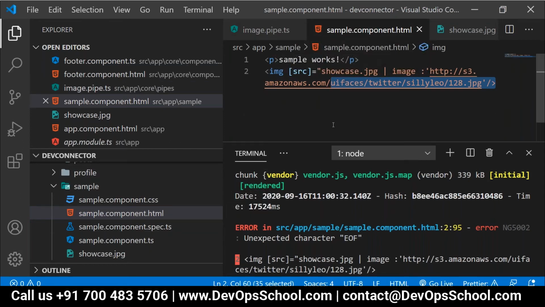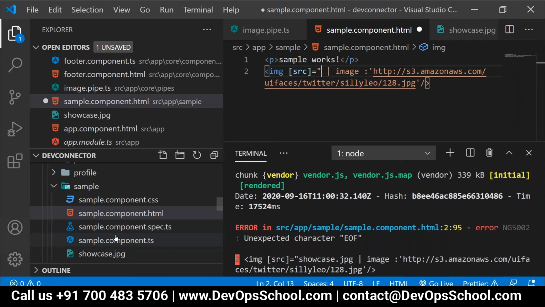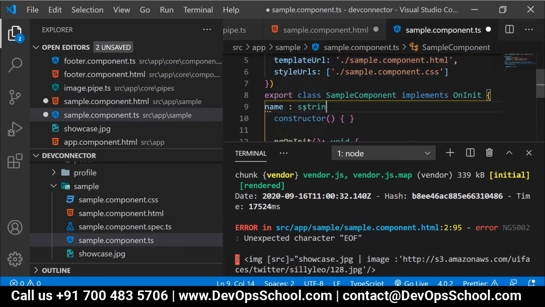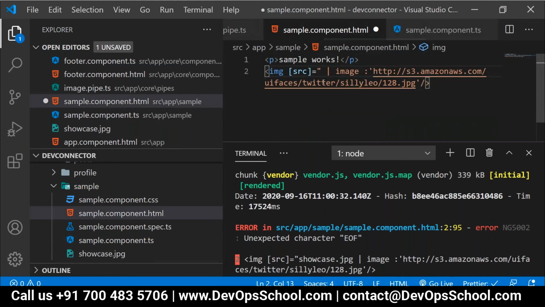Showcase.jpg, true, followed by double quotes. Hey, just a second. I got the point. It is not able to understand this dot. Okay, I'll do one thing. I'll declare, let's say, name colon string equal to. I have declared it, and here I'll mention name.